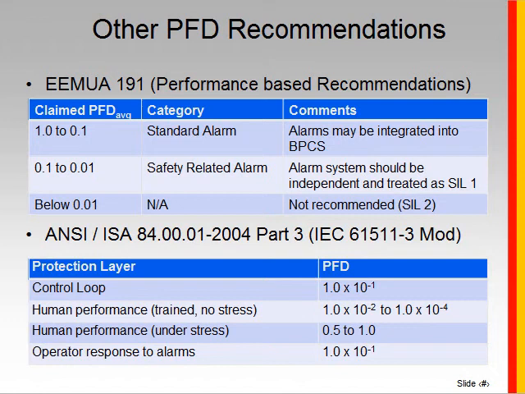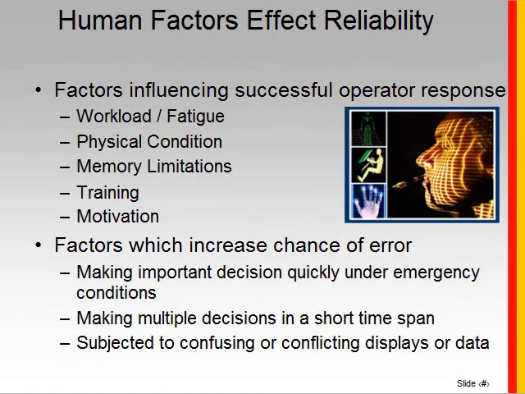But what I want to focus your attention on here is the two middle lines, the human performance. And look at the huge variation that exists for the effectiveness of the human performance, the operator's response, when he's trained and not under stress versus a situation when they're very stressed. You can see a difference of 4 orders of magnitude between them. And that just goes to show how important human factors are in the reliability of the operator's response. There have been a lot of studies done to describe or document the different factors that influence the operator's